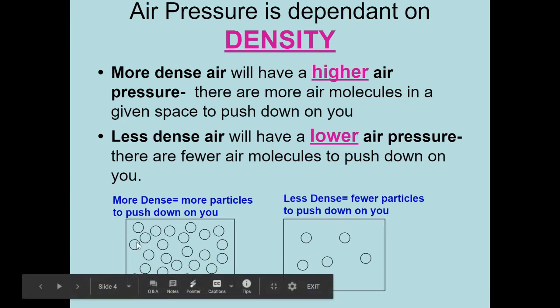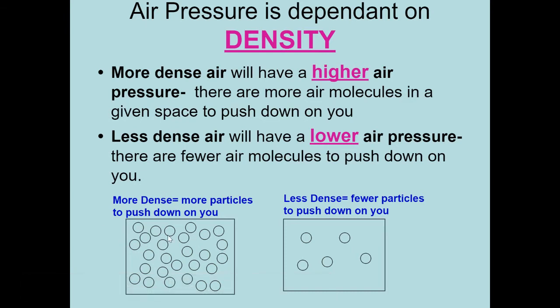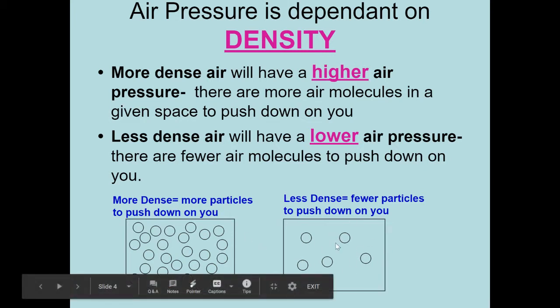That would be like a high pressure area because there's going to be a lot of density, a lot of people inside that given area. Then let's say I said, okay, numbers 1 through 5 stay in the class, but everybody else, find another classroom to go into. That would be a less dense area because there's less people in the room. So we think about density.